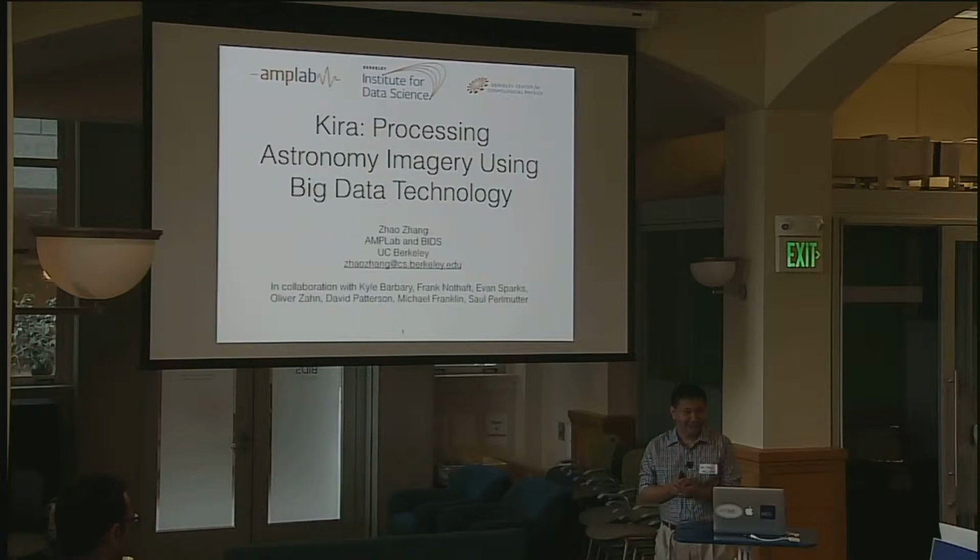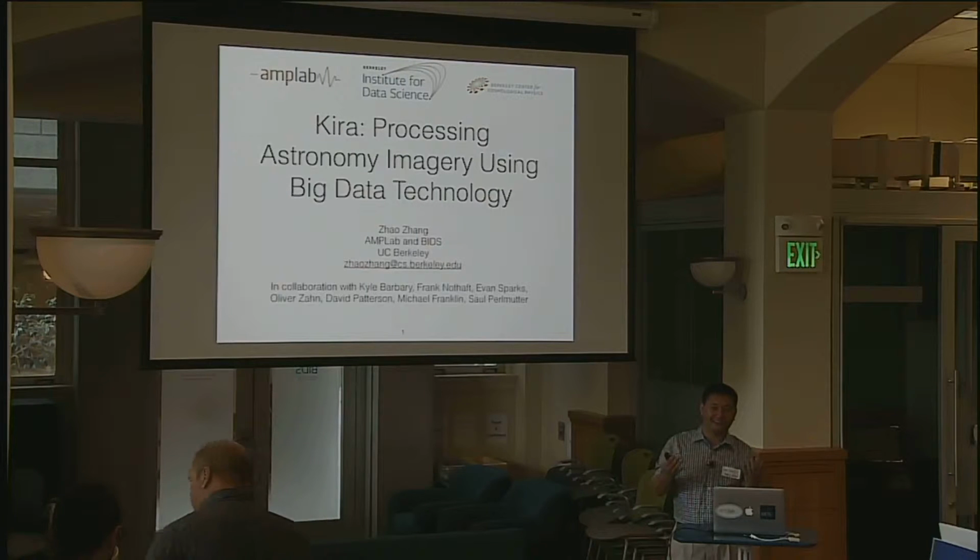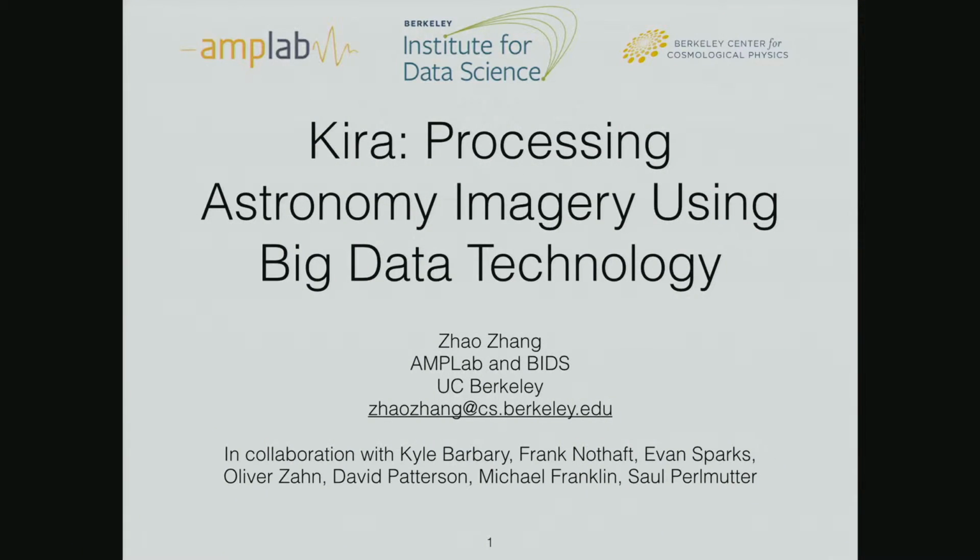The introduction, Kevin. So for those who work in astronomy, think of me as a computer scientist. For those who work in computer science, I work on astronomy. Okay, take that. So today I'll be talking about this Kira project, which is an astronomy image processing pipeline